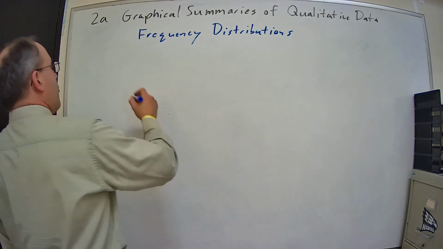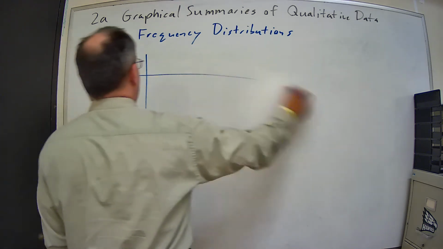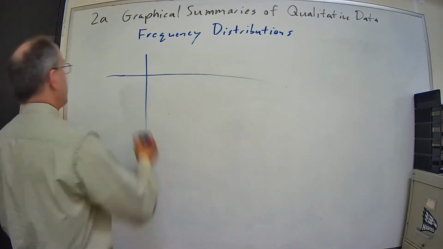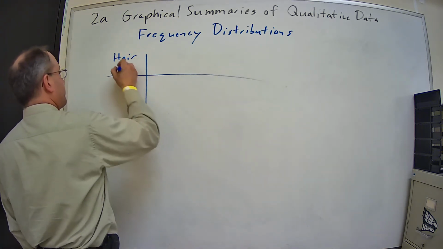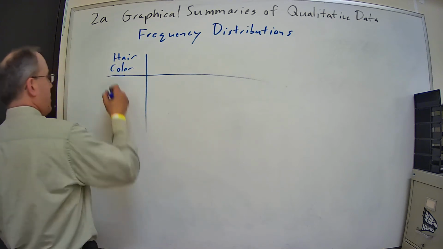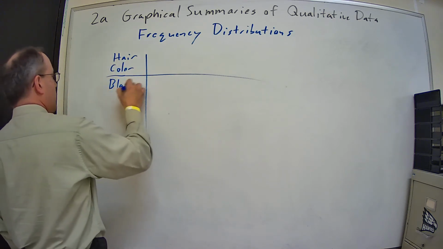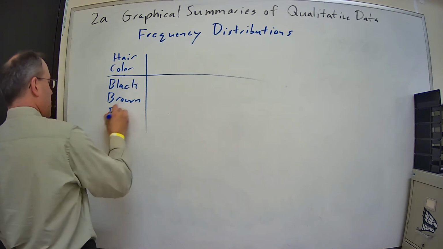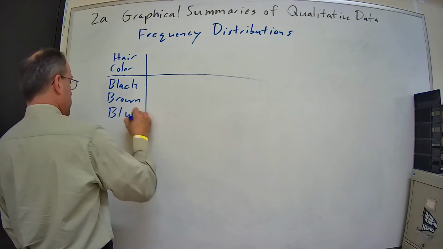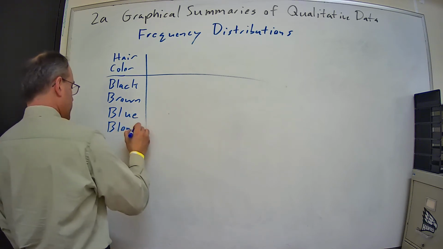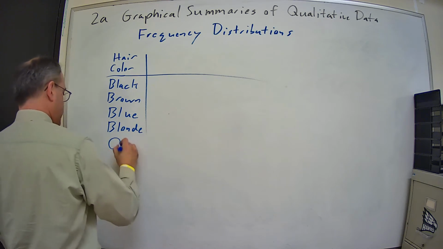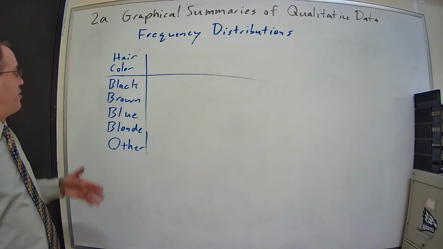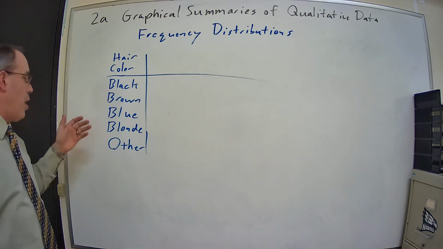Right, so let's say I want to ask a class and find out how many people have which hair color. So I'm going to put hair color here. And then let's say we have black, brown, blue, blonde, and other. Now you can see I was kind of following the alliterative trend, black, brown, blue, blonde, and then I put